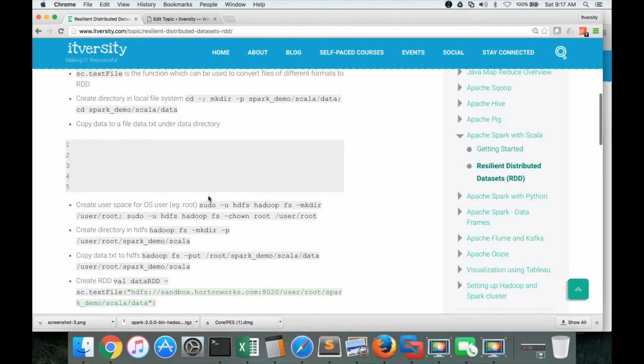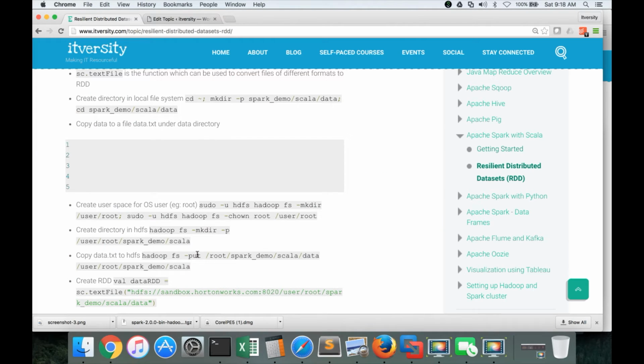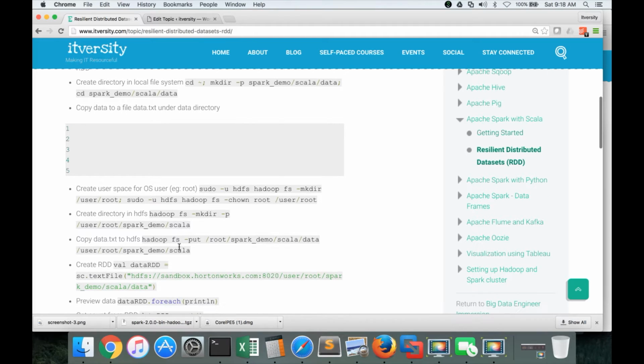The way you can create the directory in HDFS, if you have complete permissions on HDFS, is by creating a user space for root. By default, you will not have a user space for root if you are using Hortonworks Sandbox. Not root especially, but for the OS user which you are trying to use. In this case, root is my OS user. If you are using Cloudera VM, cloudera will be the OS user. As long as the OS user has sudo permissions, you can run this command and create the user space for that user.